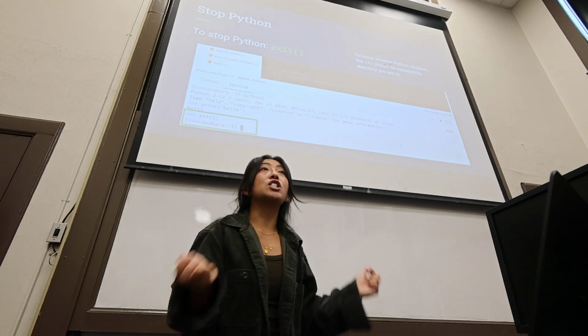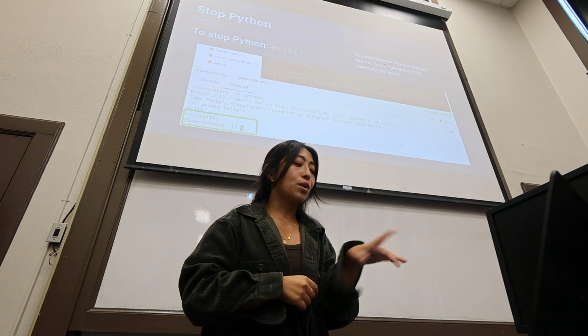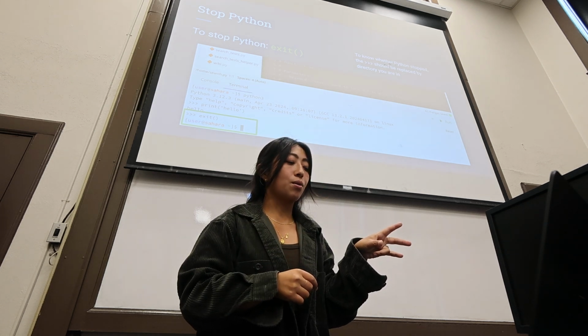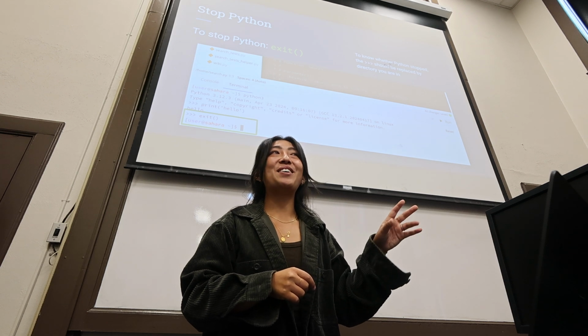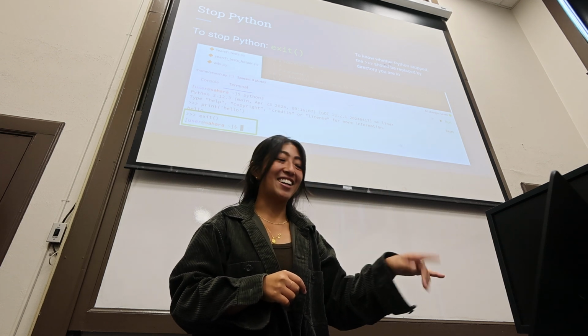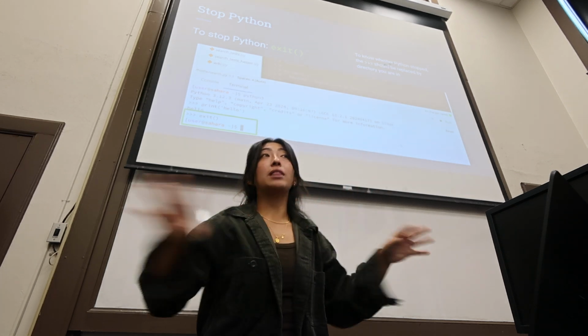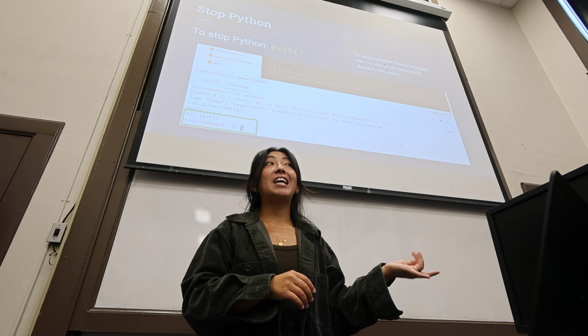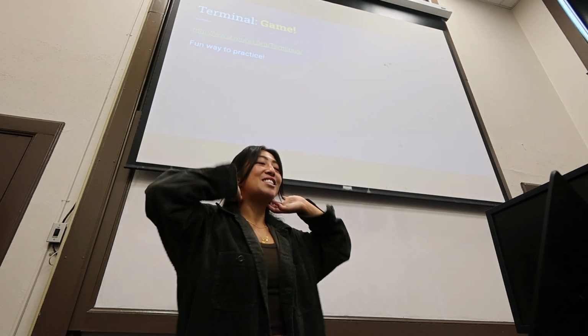Okay, so then if you wanted to stop Python, you could type exit, open close parentheses. You could also do command or control D, one of those. The more I use them, the more I just know how to do them, but I forget which one they are. I think control C just quits whatever you're running, but it doesn't quit the program or the environment, so you have to use control D or control Z, one of those. I'm sure you'll be familiar with these over time.